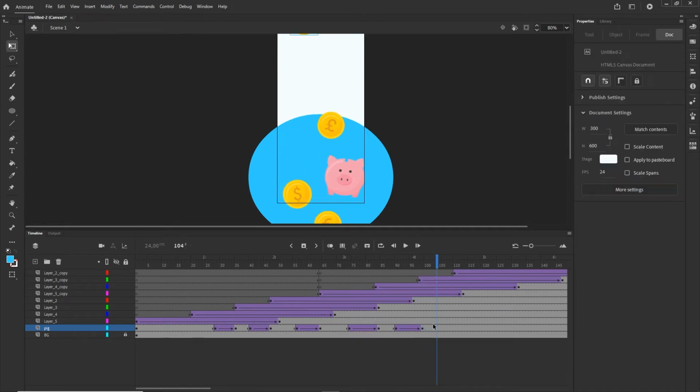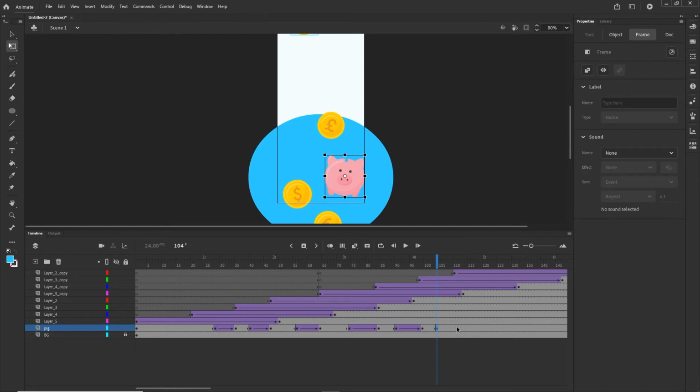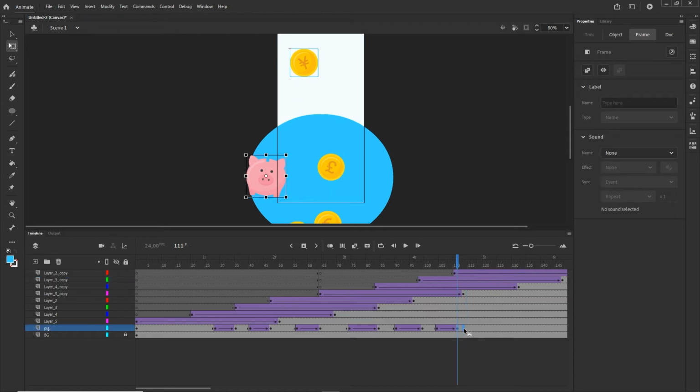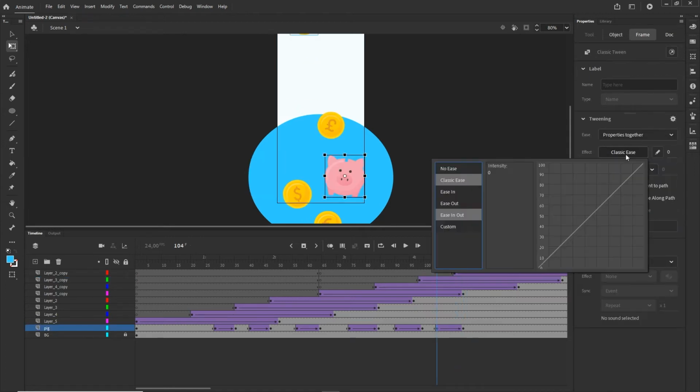And now the last one, I will click F6, position it in here like so. And it's not the last one, so maybe what I can do is position this like so until here, so it's going to hide completely. So I'm going to do it like so, then like so, and I'm going to create classic tween one more